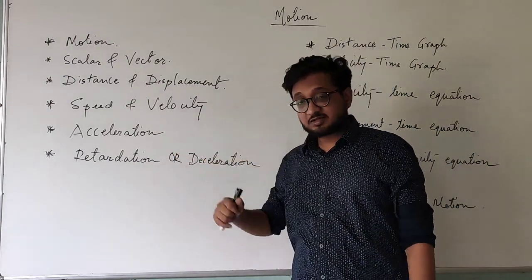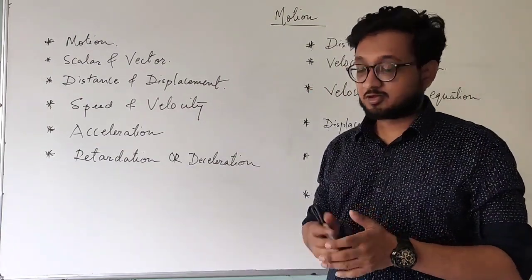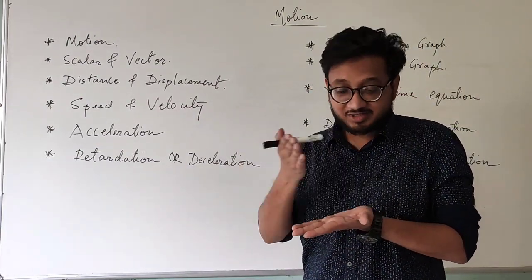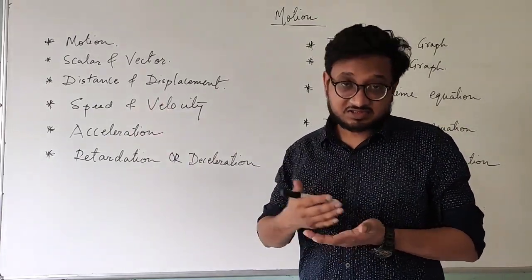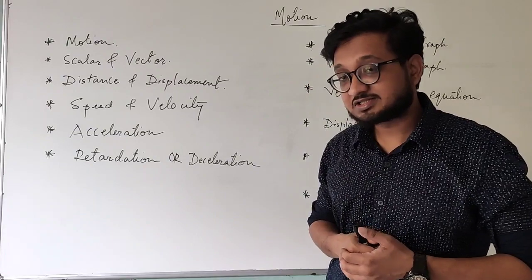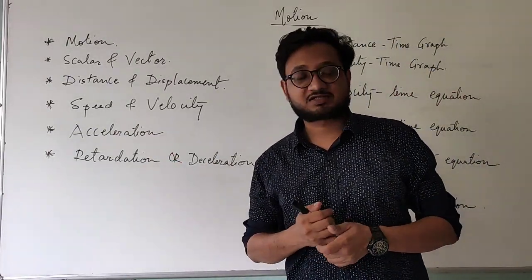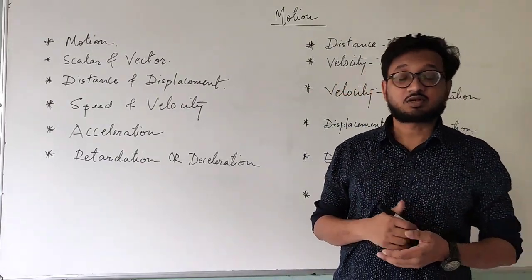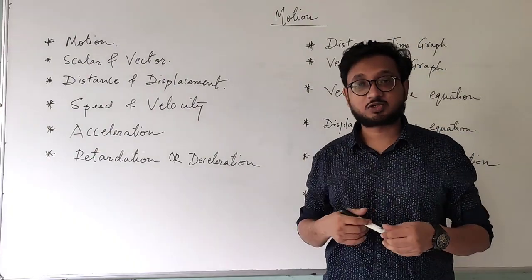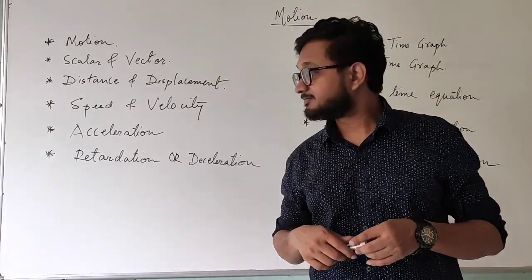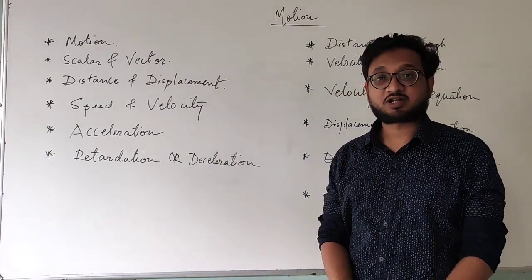Acceleration. So when the velocity changes with respect to time, obviously if the object is starting from one point, it is having no velocity. And when it starts moving, its velocity also increases. Such a physical quantity is known as acceleration, when its velocity changes, of course with respect to time, because when we are describing motion, any kind of motion, it is always with respect to time. So when the velocity of an object changes with respect to time, it is called acceleration.